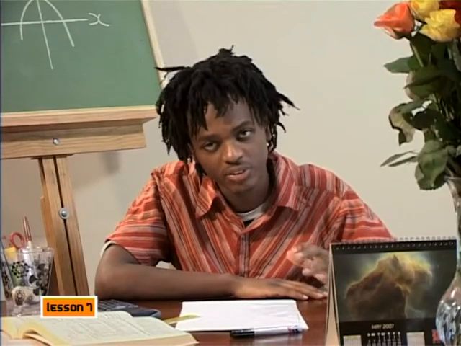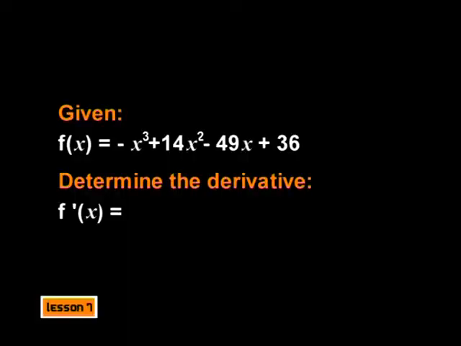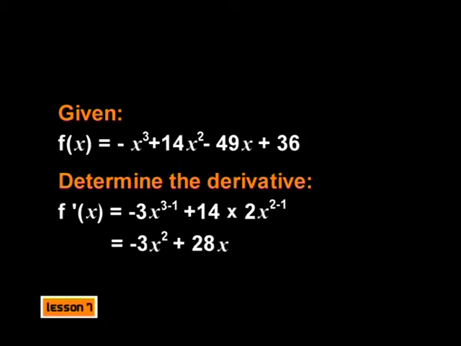Now we need to find the derivative, right? That's right. F dashed of x equals, let me leave the negative sign just here. The derivative of x cubed is 3 times x to the power of 3 minus 1. Let me simplify that straight away. It equals negative 3x squared plus 14 times 2, x to the power of 2 minus 1, and again I will simplify that straight away, giving me 28 times x